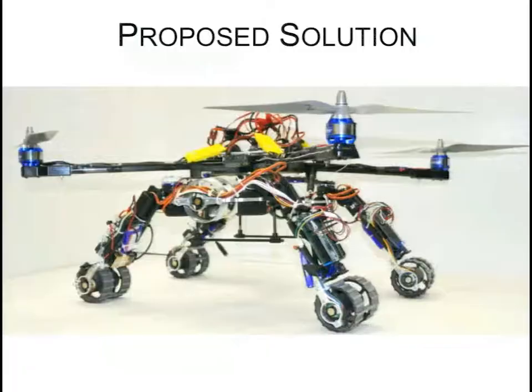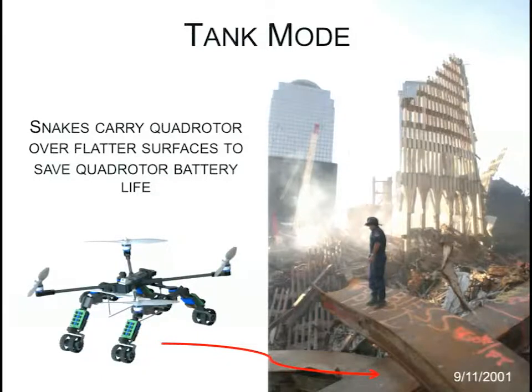Our solution is a system of 3 robots, a quadrotor and 2 snake-like robots that can dock together with passive magnetic docking faces. This system is supposed to be used to locate victims beneath rubble, unlike a PackBot, and yet survey a scene. It operates in 3 main modes, the first of which we call tank mode. Basically, the quadrotor is off when we want to preserve battery life. We drive 2 snake-like robots around on the ground, and this allows us to travel over spaces quickly and effectively.